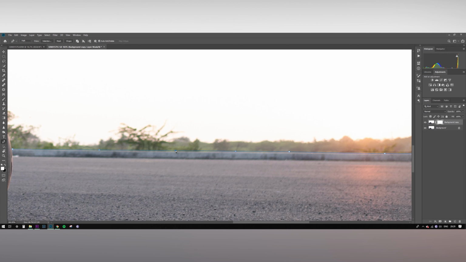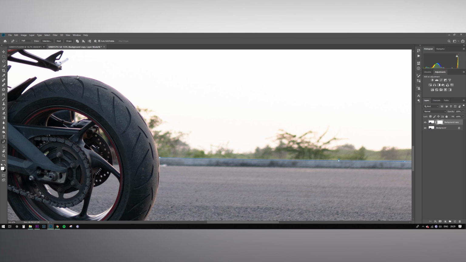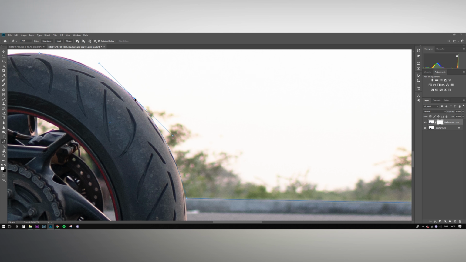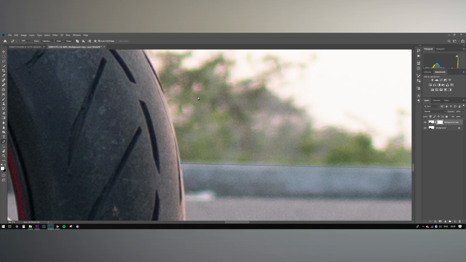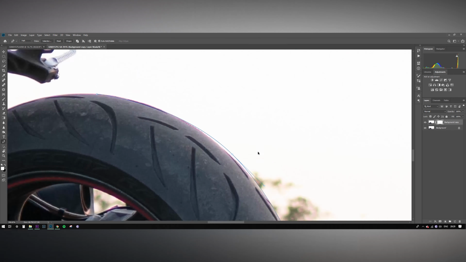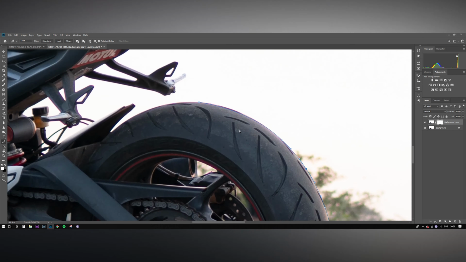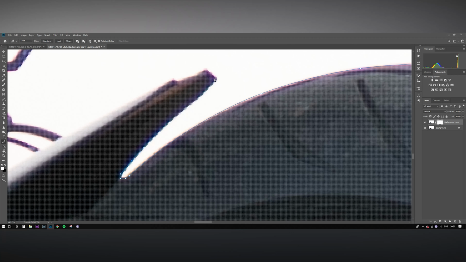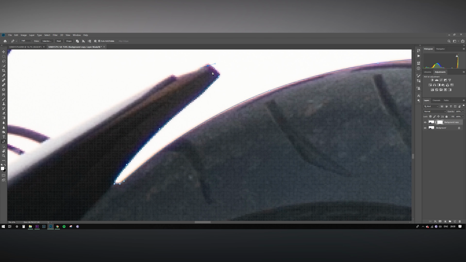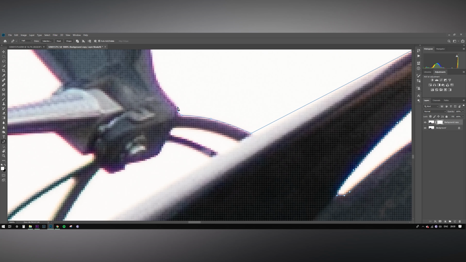So we are going to draw the pen tool across the background, ensuring that we are removing the bushes and the blown out sky behind. We want a total replacement. So we are just going to draw along the pavement and then along with the bike. You'll have to work repeatedly with it to use the pen tool to its maximum efficiency. Only with practice will the pen tool become easy for us. So for now we are going to make a rough selection across the bike.